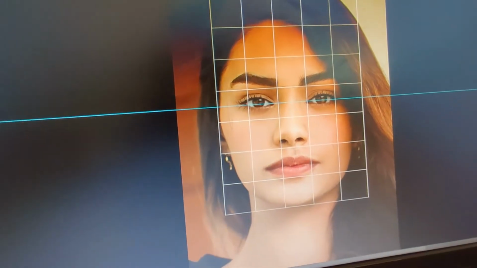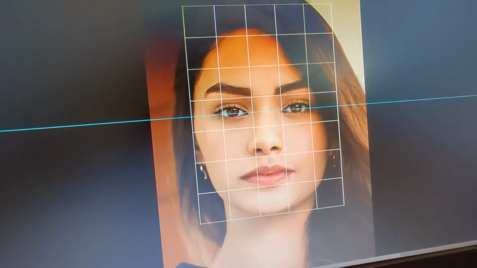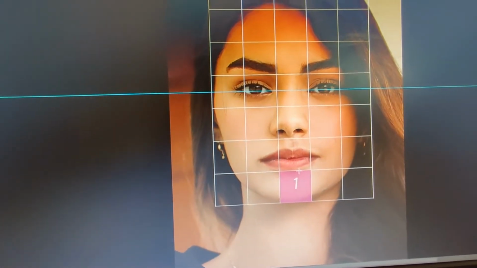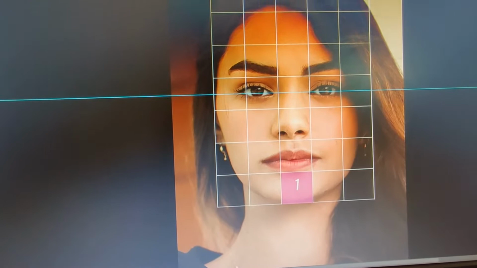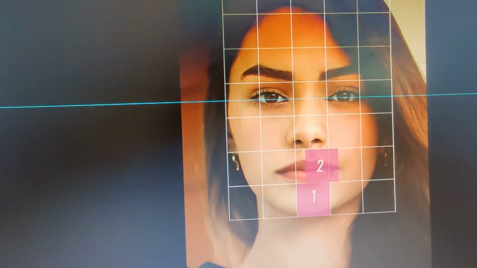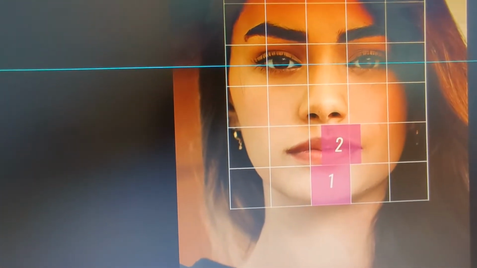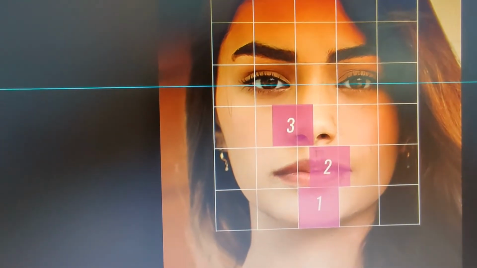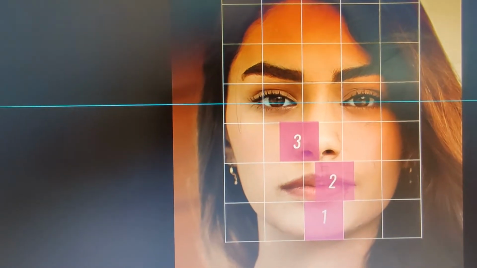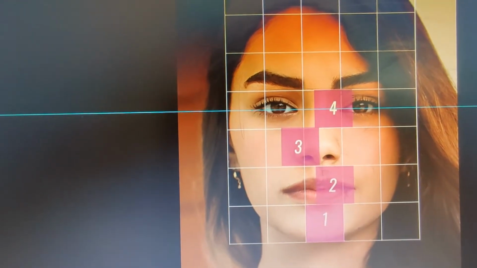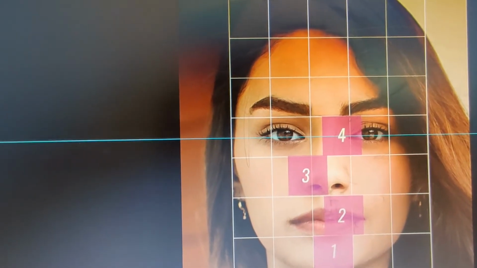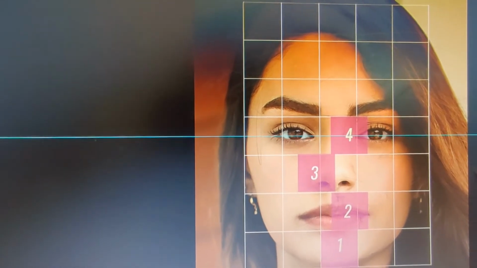Okay. So I'll just open the layers now. This is one eye width from the base of the chin to the bottom of the lip. Then we have eye width number 2 from the base of the bottom lip to the base of the nose. Eye width number 3 from the base of the nose to the middle of the nose somewhere. And eye width number 4 to the base of the eyebrows basically, and the center line will cut exactly in the center of the